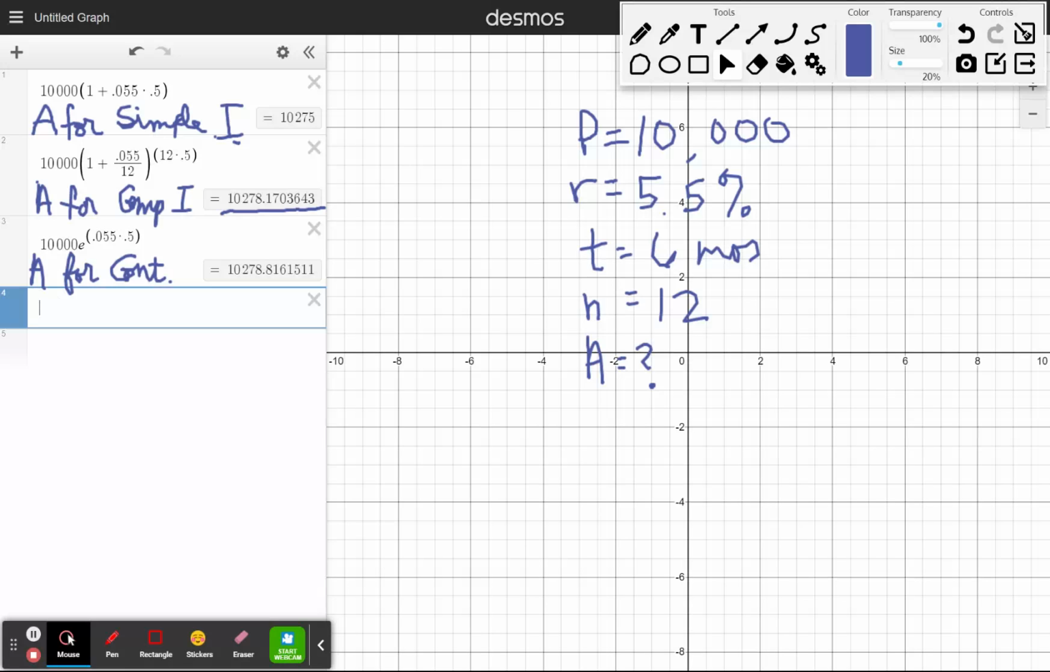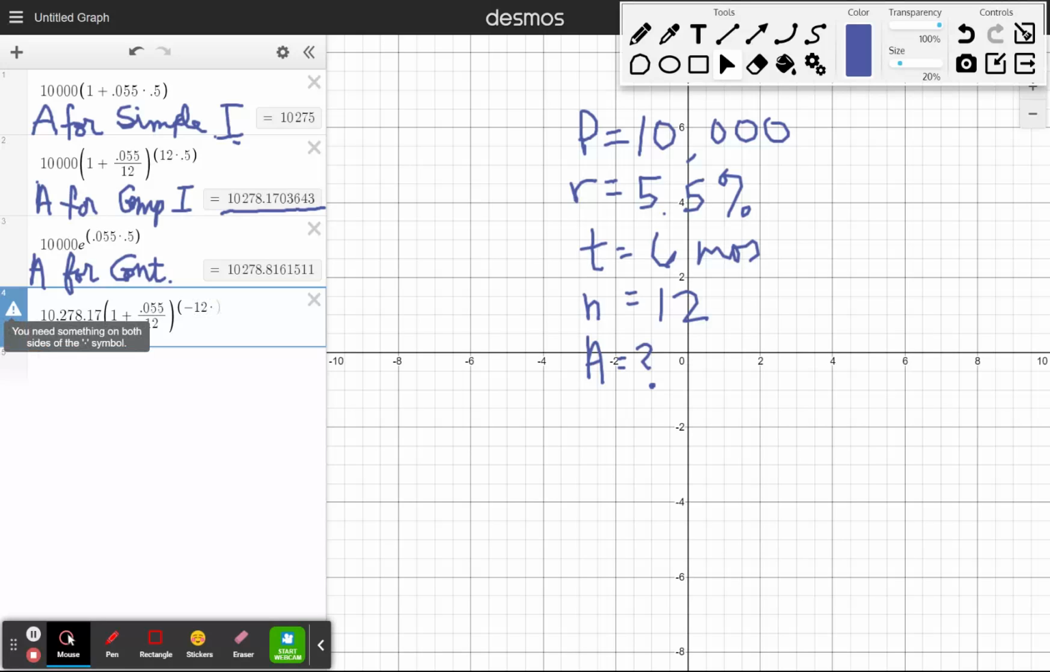Okay, so we're going to take 10,278.17 is our A value times 1 plus R over N. Our interest rate was 5.5%, so we put it in as 0.055. The number of compoundings is 12, and we need to raise that. In the present value formula, we raise it to the negative NT power. So negative 12 times